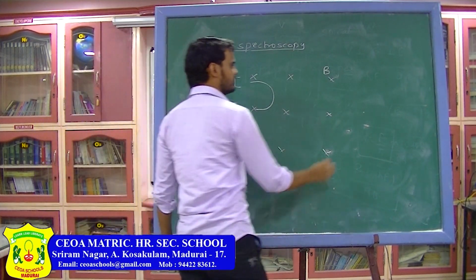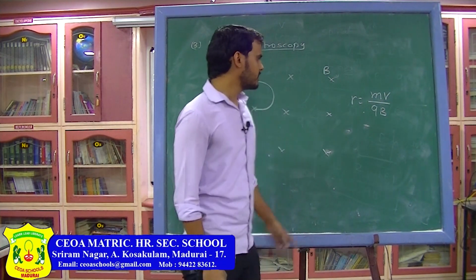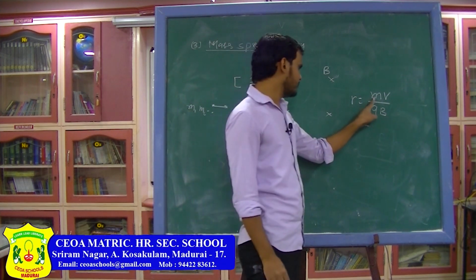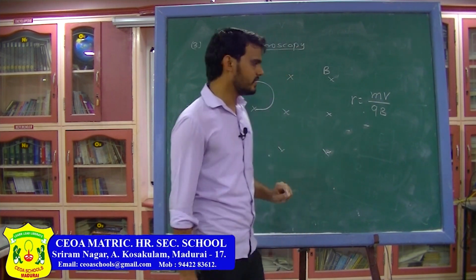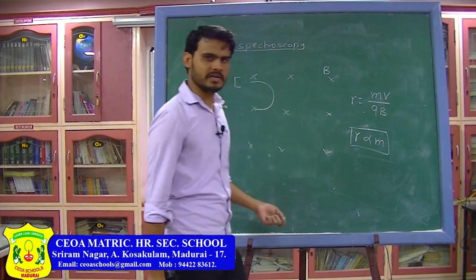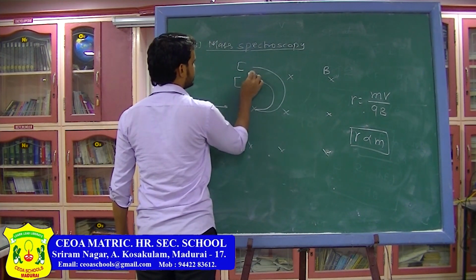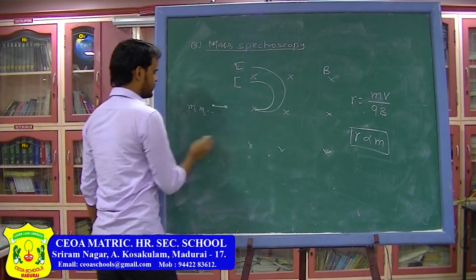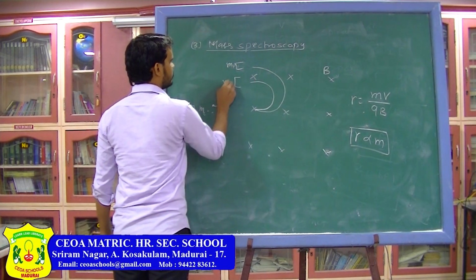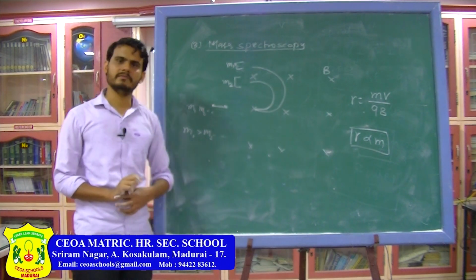So radius of the particle can be written as mv divided by qB. Here velocity, charge and magnetic field are the same for all the particles. So if mass of the particle is different, radius is also going to be different, and here you can say radius is directly proportional to the mass of the particle. So more is the mass, more will be the radius. The particles will go in different radii, and you keep different containers. Suppose I am assuming m1 is greater than m2 and so on. Here you will see m1 will be collected here, m2 will be collected here. So this is the principle of mass spectrometer, and that's how it works.